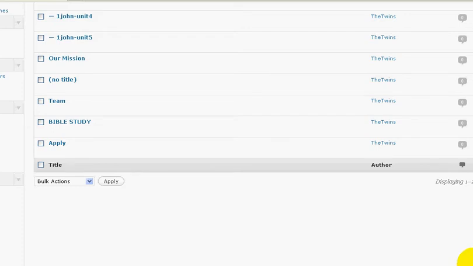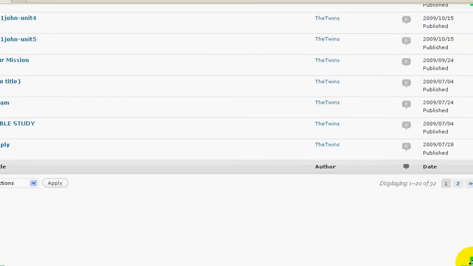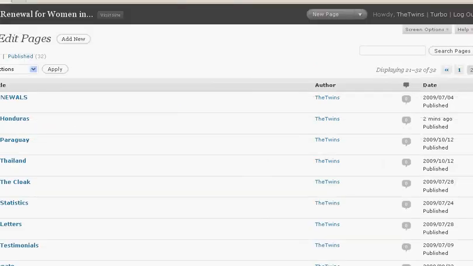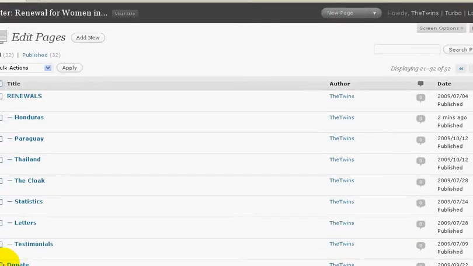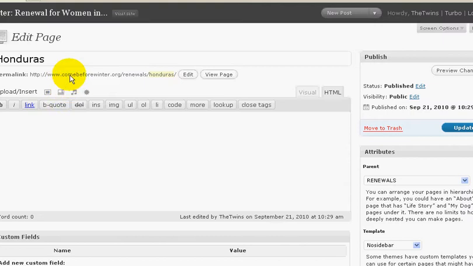Open my window over so you can see a little bit more. There's a page 2, so I'm going to click page 2 here. And now you can see that Honduras is on there. So I'm going to edit this page. And I'm going to put up here, after I click this, I'm going to say, I could put something like, I know that we're going to have another one, Rwanda, that we could put on here that says,